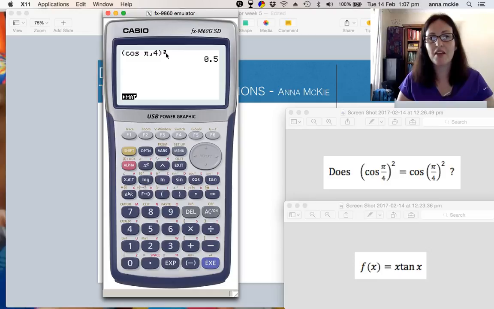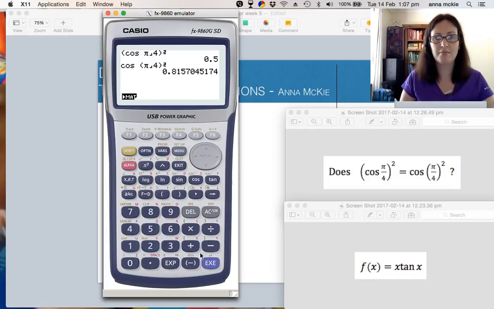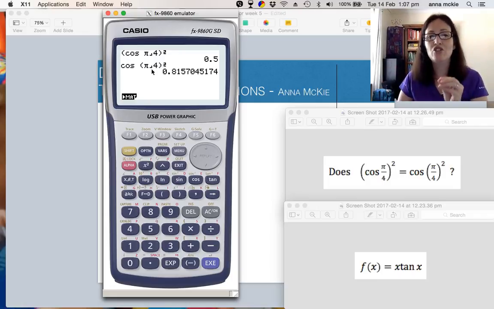Now, that's where the square goes. But is it the same as just putting the square here around the pi on 4? Let's see if we get the same answer. Cos of bracket pi on 4 all squared. No, it's not. So the brackets are vitally important to be around the whole function squared, not just the pi